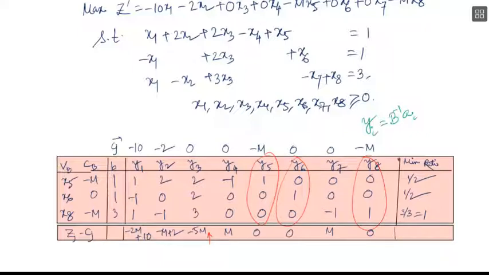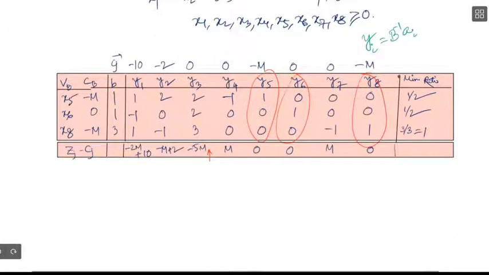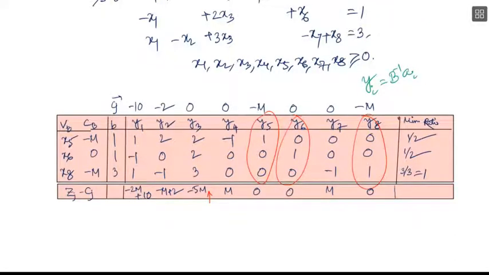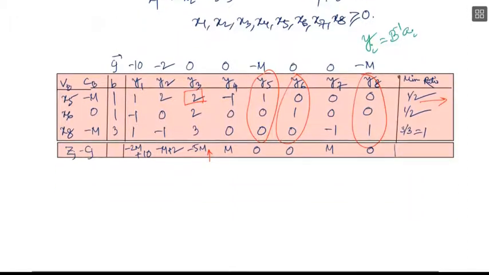tie, and when deciding which one will leave the basis, we will try to get the artificial variable removed as early as possible. So we will choose x5 as the departing variable, and x3 as the entering variable in the next table, so that this one will become the key element. And as we know, our aim will be to make the key element 1 in the next iteration of the simplex table.